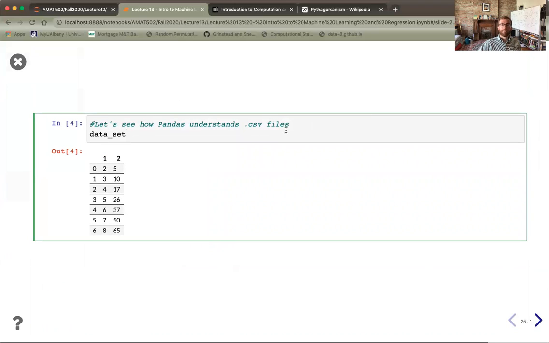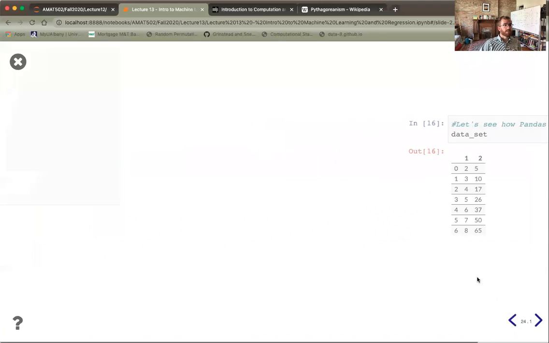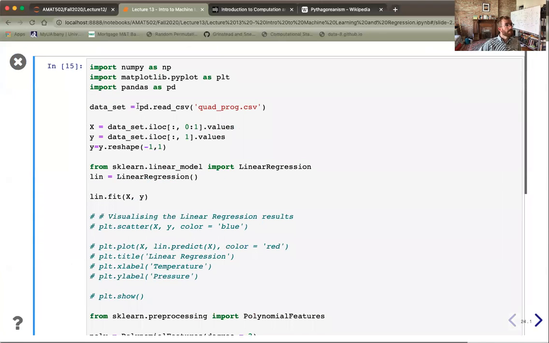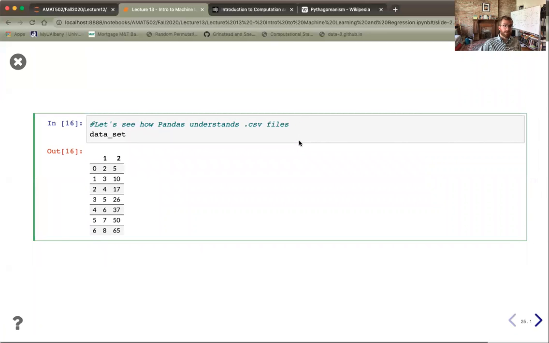So let's unpack some of what just happened here. So I have my data set stored as a .csv file. And so when I go ahead and return that, so again, data set was equal to pandas pd.read_csv. It goes ahead and does this really nice thing where it shows me as a table. And it says, oh, here are my x values, here are my y values, and these are my number of observations.